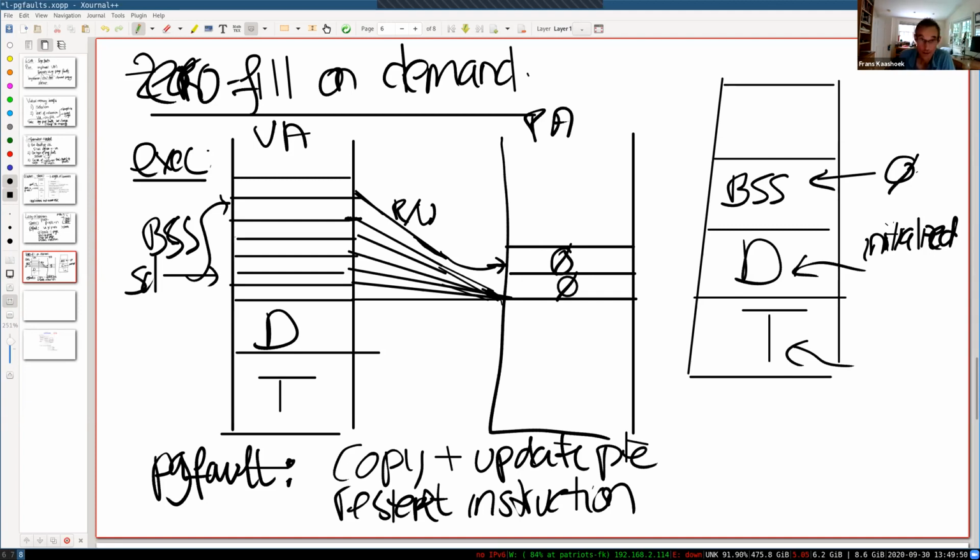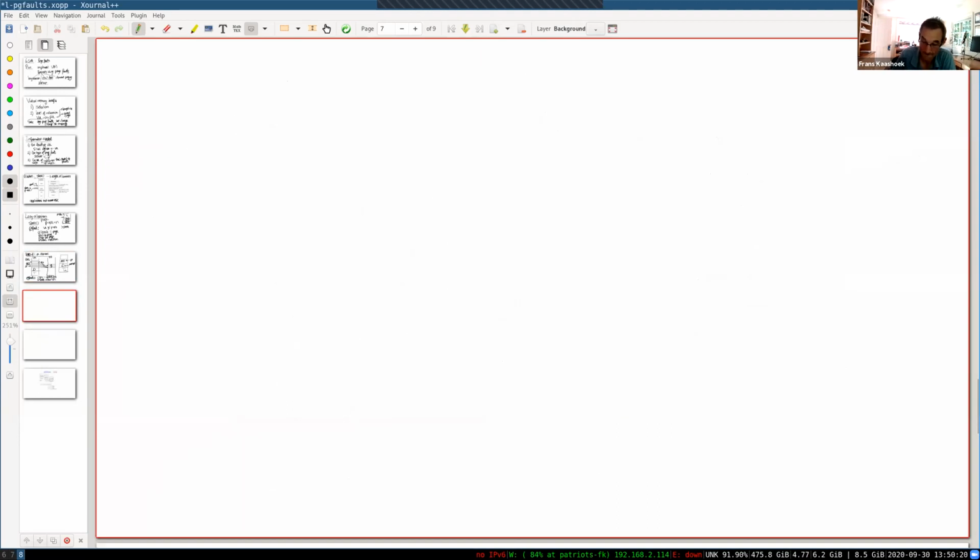Okay. So let's look at some more optimizations that one can do. These ones are reasonably boring, or maybe reasonably straightforward. And we're going to hopefully get a couple more exciting ones. Let's see what is the next one I wanted to do. The next one is a very common one, and many operating systems implement it. In fact, it will also be one of the topics in one of the labs. So the next one is copy on write fork,